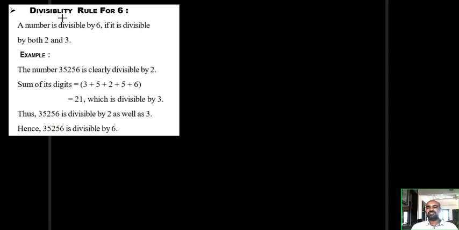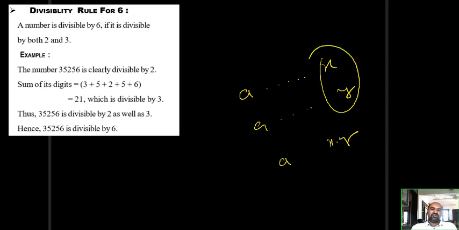Divisibility rule of 6. Students, listen, Nana. A is divisible by a prime number x. A is divisible by a prime number y. Obviously, A is divisible by the product of x and y. This is important if these two are prime numbers. What is the meaning of that? x is a factor of A, y is a factor of A, x and y are co-prime, then xy is a factor of A. That is an important thing, you can easily prove it.